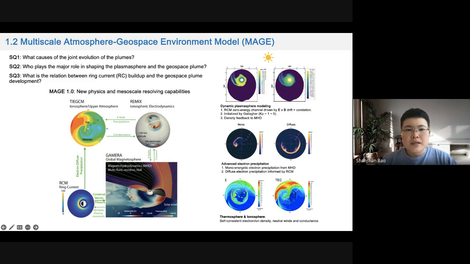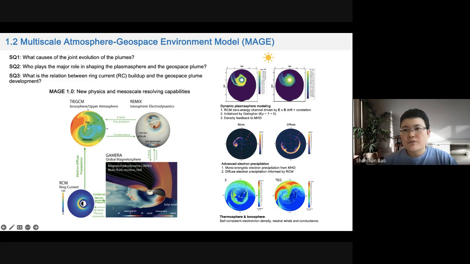This potential will drive both the ring current model as well as the upper atmosphere circulation model, TIGCM. Meanwhile, TIGCM will take electron precipitation information. It will self-consistently track the electron and ion density, neutral winds, and feedback conductance to the